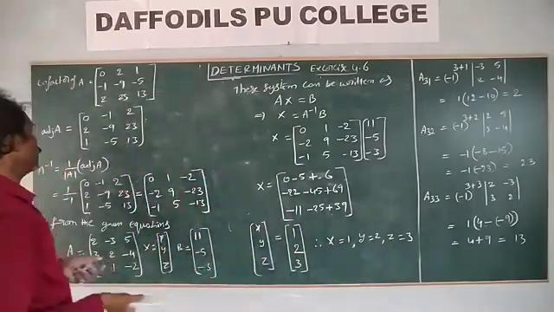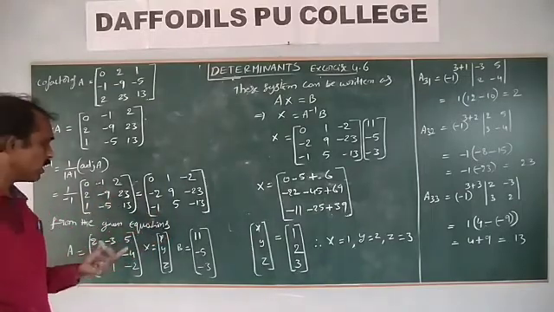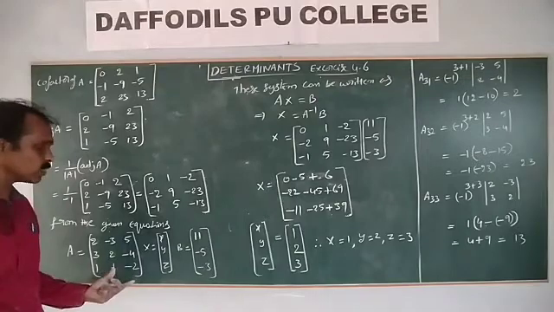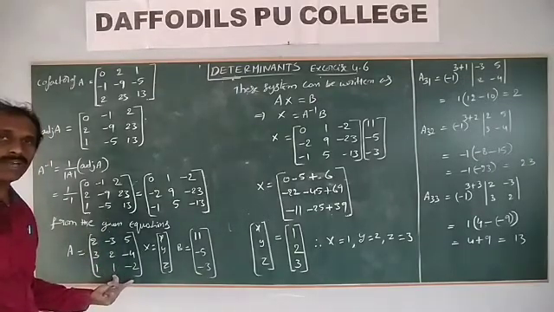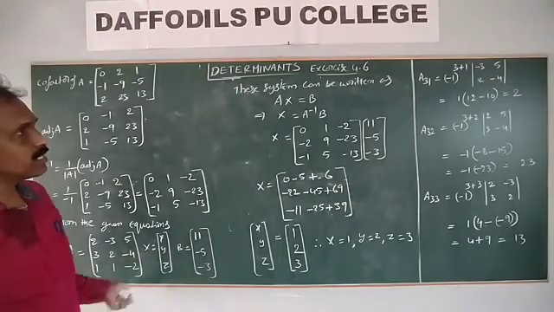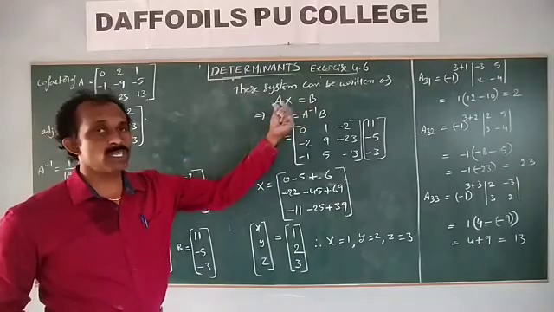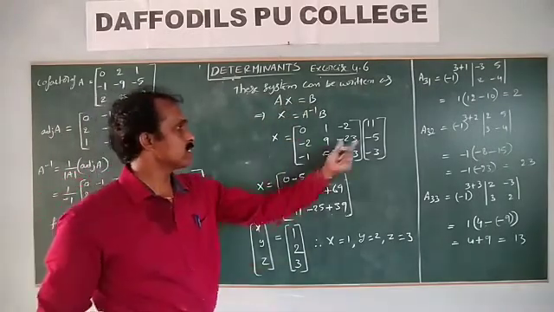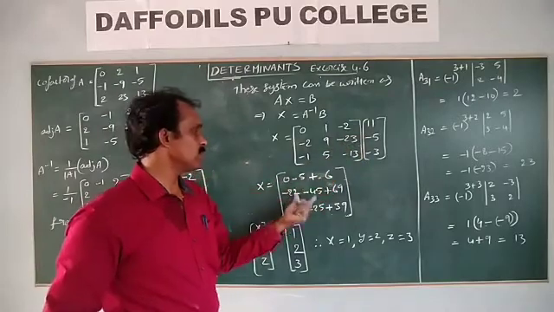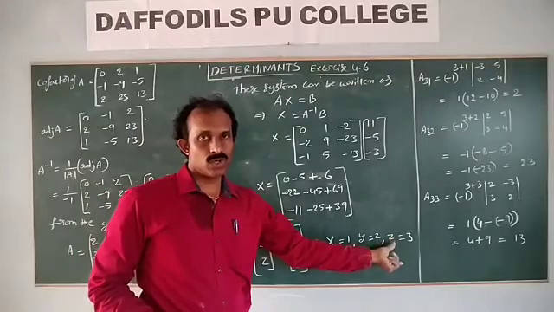But in this problem, before only they ask A inverse, that's why you find out A inverse, and the given system of equations can be written like this. This given matrix A and the system of equations A value both coincide, the same matrix. Then the system of equations can be written as Ax is equal to B, x is equal to A inverse into B. Then the process is the same, multiply this one. Be careful with the multiplication here, and solve.